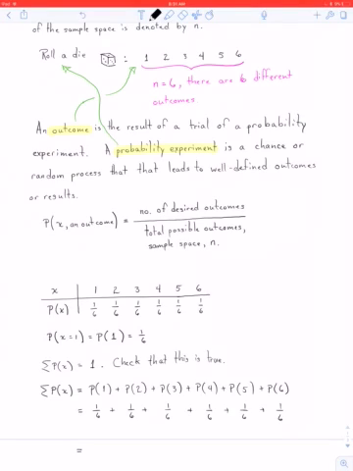I have a common denominator, so I can very simply just add up the numerators. So I have 1 plus 1 is 2, plus another one is 3, plus another one is 4, plus another one is 5, plus another one is 6. So I could say that the sum of my probabilities is 6/6, which is simply